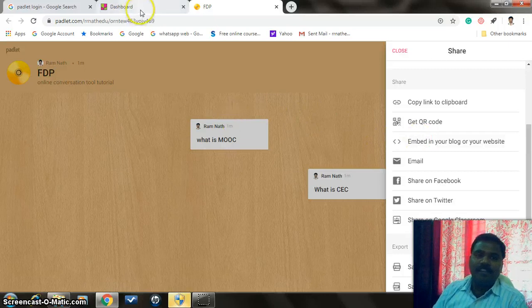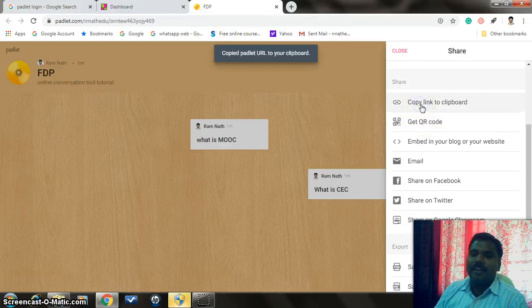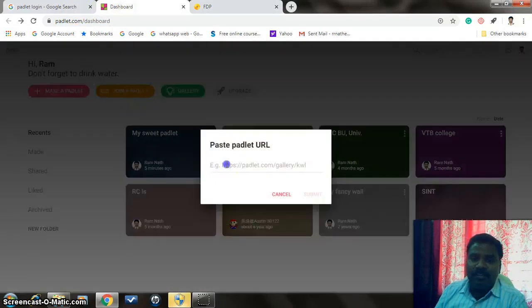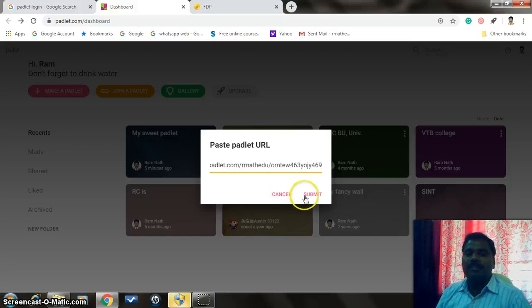So this is how we have to make a join. For instance, let me copy that particular link. Now I am going here. An option is join a Padlet. When joining a Padlet, you can place that particular web link.